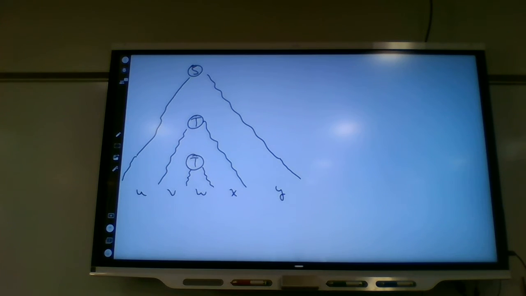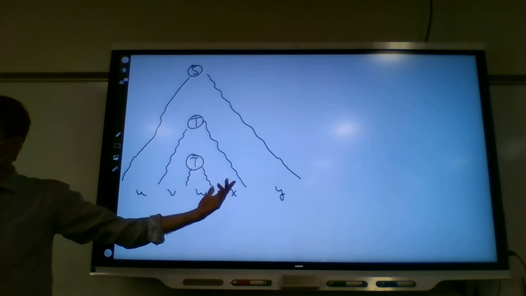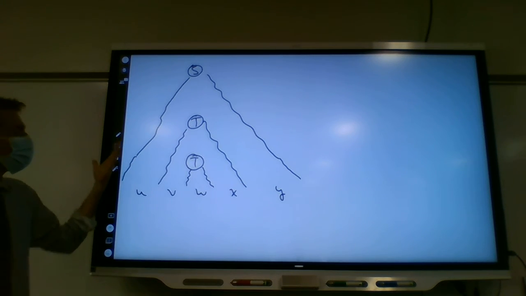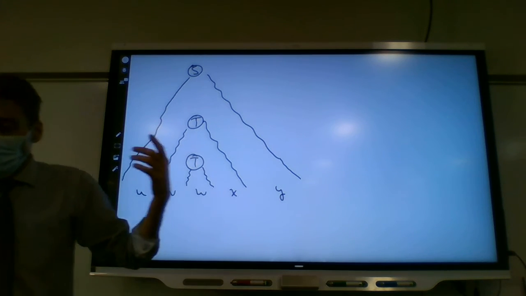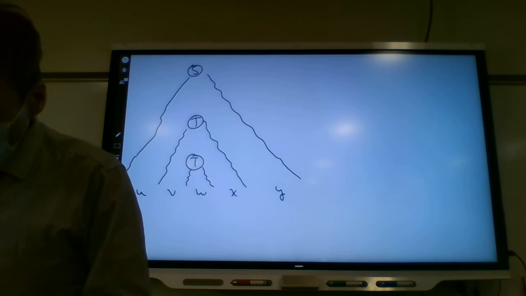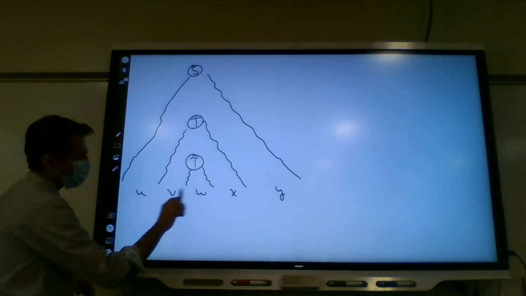All right, so here's what happens. If our string that we're generating is long enough, then this kind of thing has to happen. And not only does this have to happen, we have some conditions.